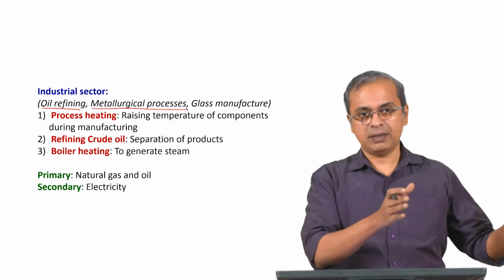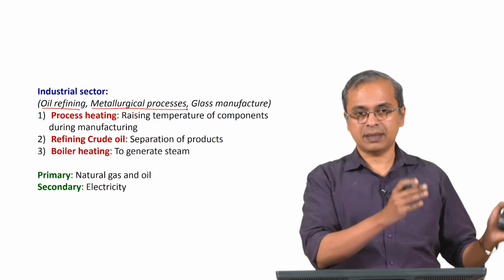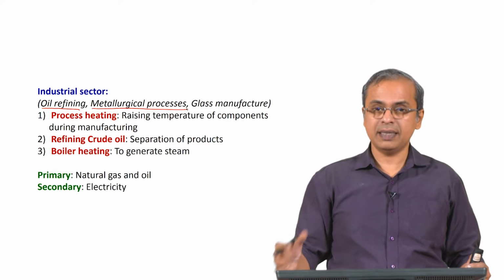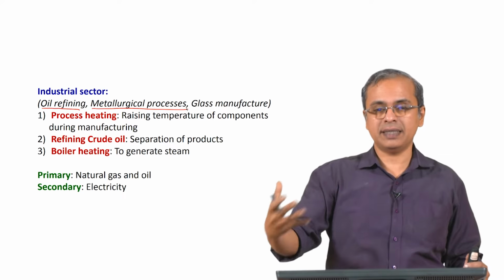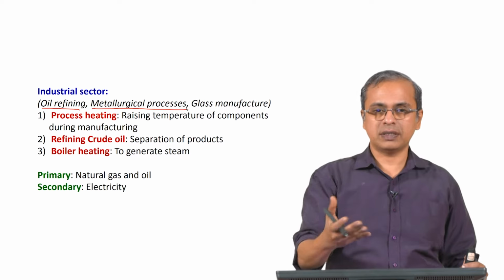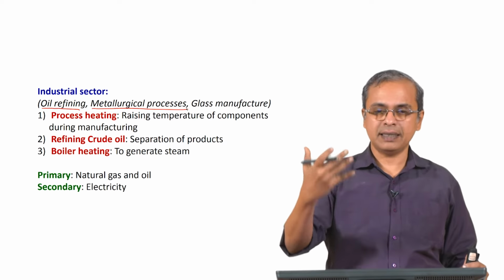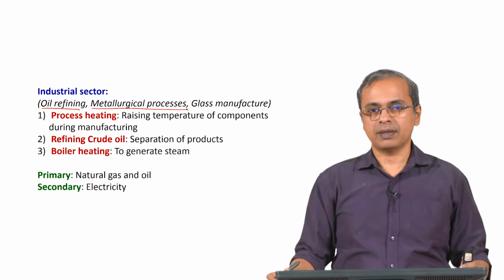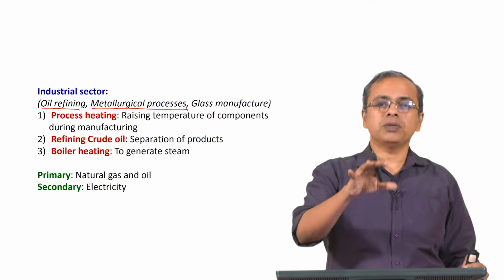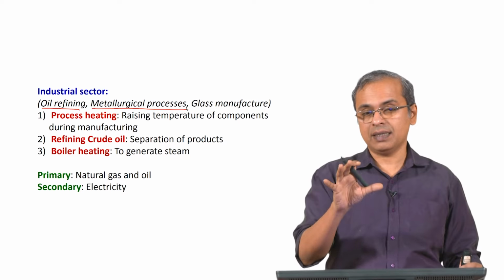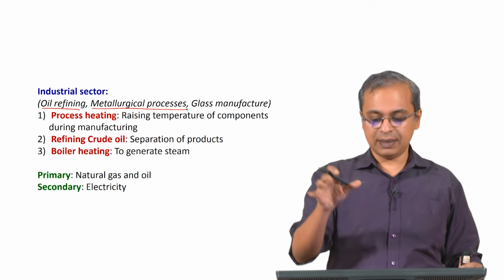metallurgical plant somewhere. So, there is some extraction plant and there is a refining plant, etc., which helps you get the metal in its metallic state. Otherwise, it is typically an ore, as an oxide of some form in its oxidized state. So, you have to bring it to its metallic state and then use it for whatever purpose you want. But typically those plants need a lot of energy. So, that is another major sector within the industry.